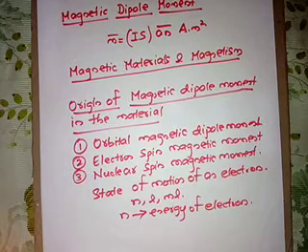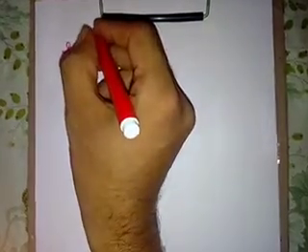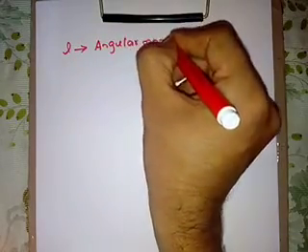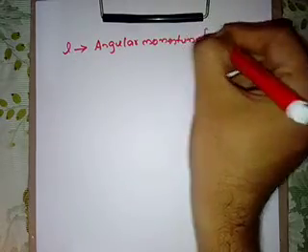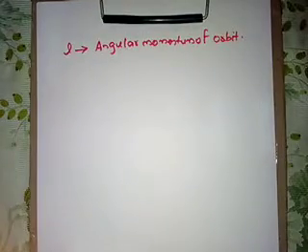Then the next one, that is L. It represents angular momentum of orbit, or the orbital angular momentum. The second quantum number L represents angular momentum of orbit. That is, L indicates angular momentum of orbit, or the orbital angular momentum. Then ml,